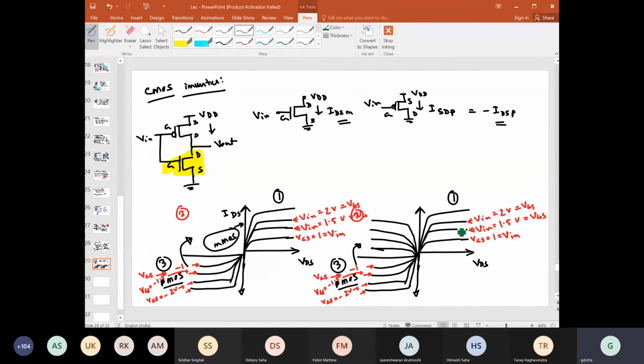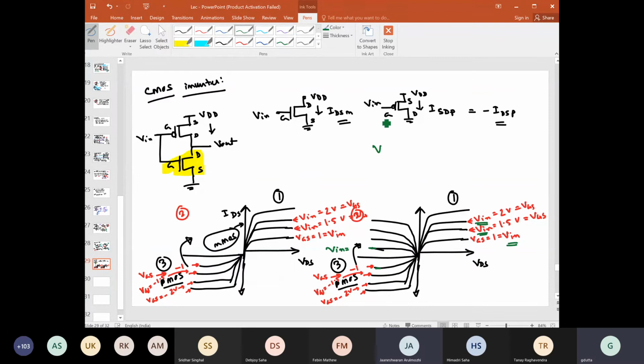Because if we have to superimpose this side and this side, then here the variables are V in, right? All variables are V in. So these plots also we will try to write or indicate in terms of V in. Here the value of VGS is equal to minus 1 for this. This plot is the same as this plot, we just flipped it. So I want to now write this plot in terms of V in. What will be the value of V in for this plot?